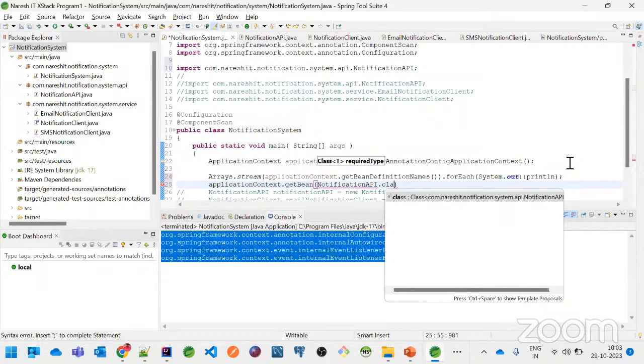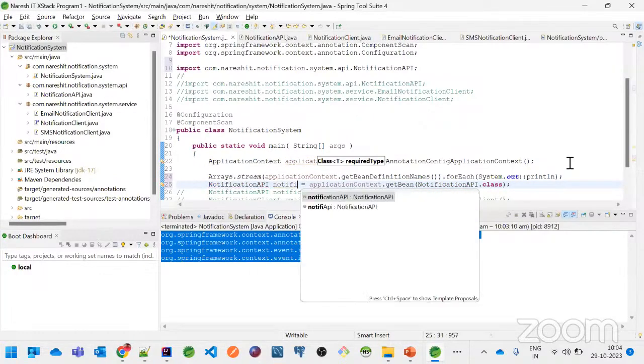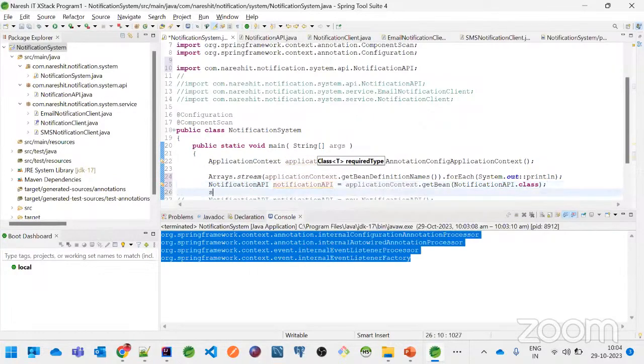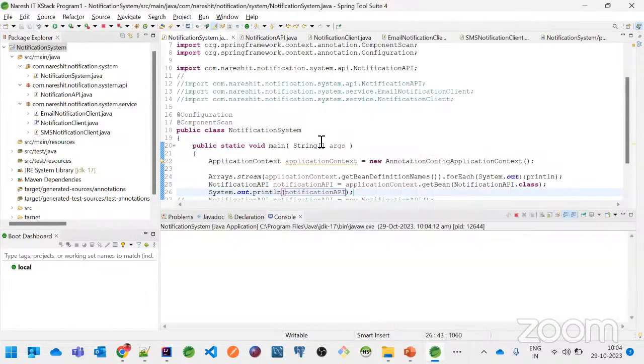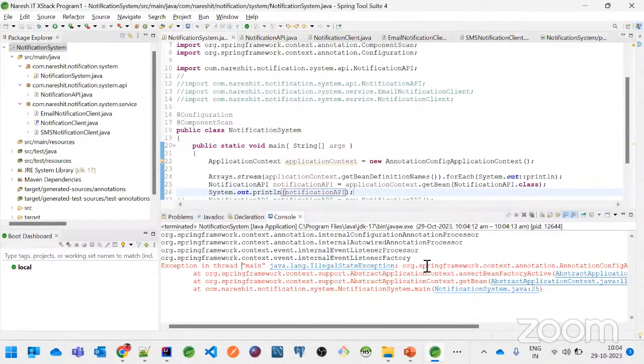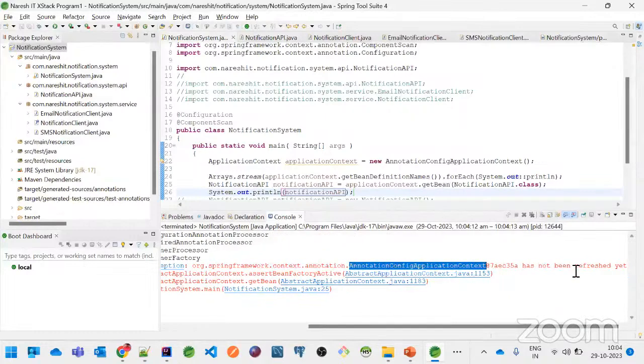Okay, dot class. And here, I just wanted to get that object. So notification API, and sysout notification API. So let's see whether this object has been created or not. Let's see this. Okay. Now, if you see that there's something called annotation config application context, and this has not